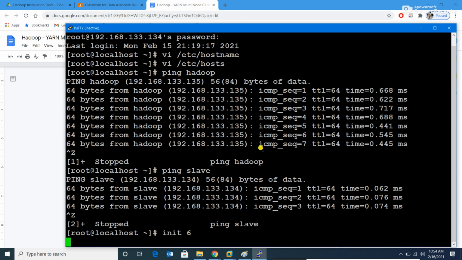Yeah, I'm restarting because I just want this root@localhost, now that we have updated the host name. Once I restart, it will pick up the host name from the /etc/hostname file, and whatever configuration files or log files are generated will pick up the host name as slave only. It was not compulsory, but I want uniformity. That's why I have restarted it.